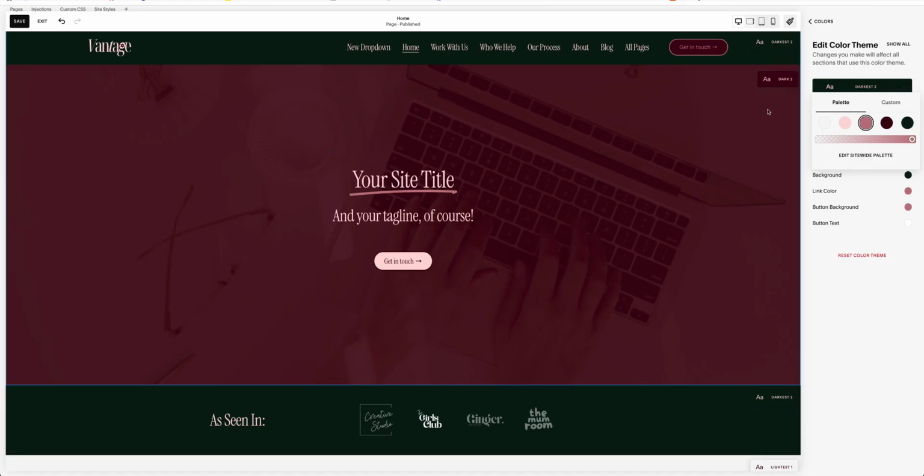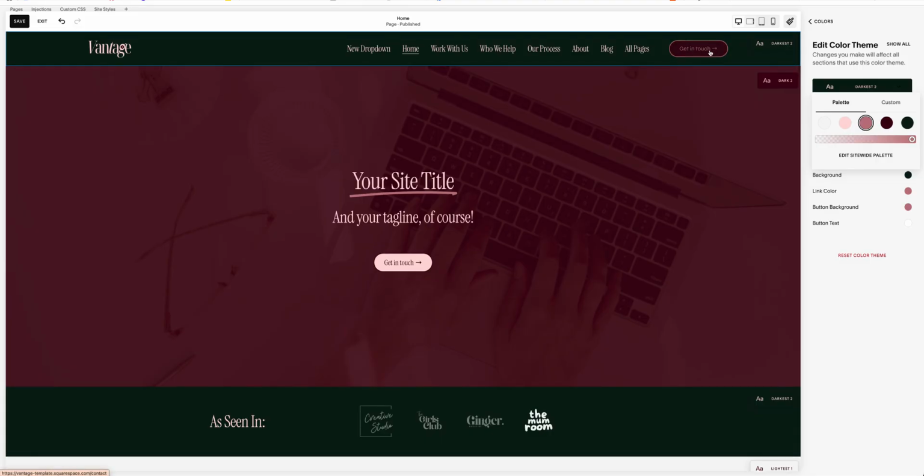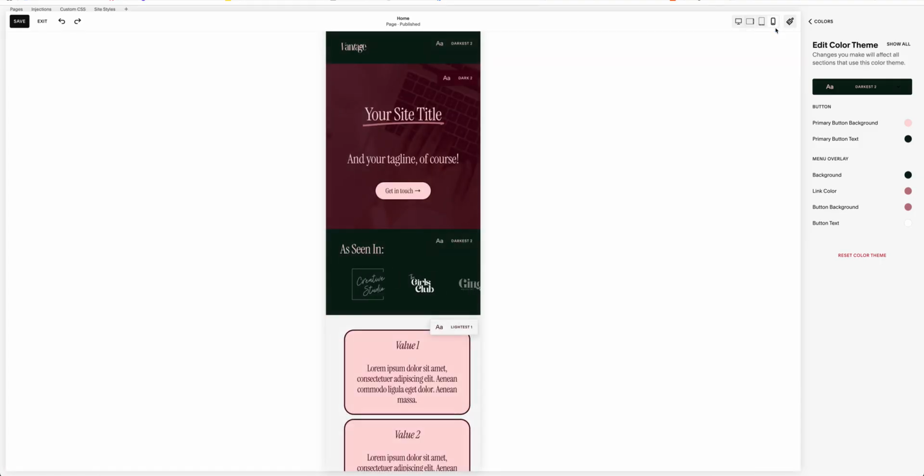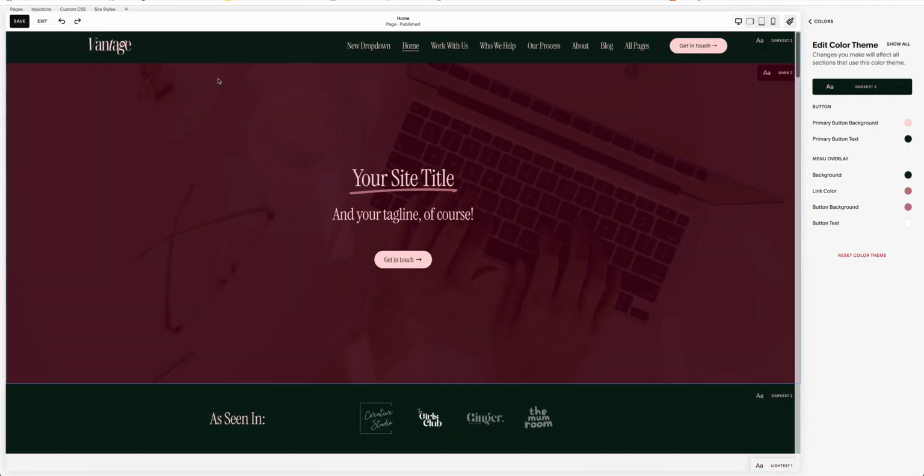So just being aware that whatever you change there will change across your site for wherever the darkest 2 is being used. So it's not just changing this button, it will change anywhere the primary button is used in that theme. So I'm going to undo that so that I don't mess it up. But then there's also mobile options. So to actually show you this, I need to